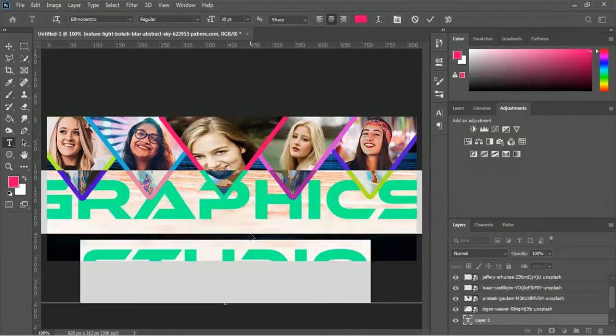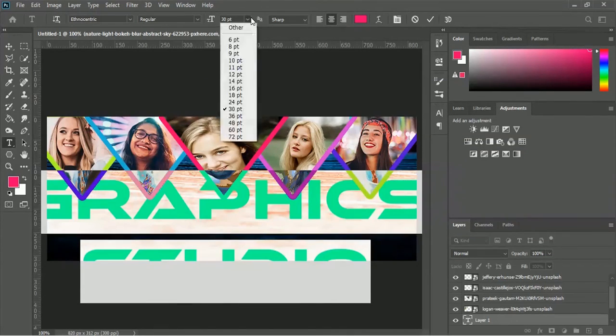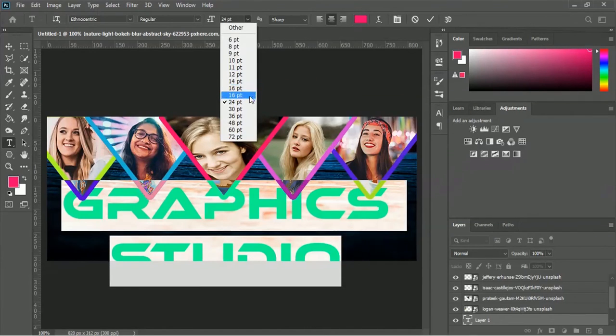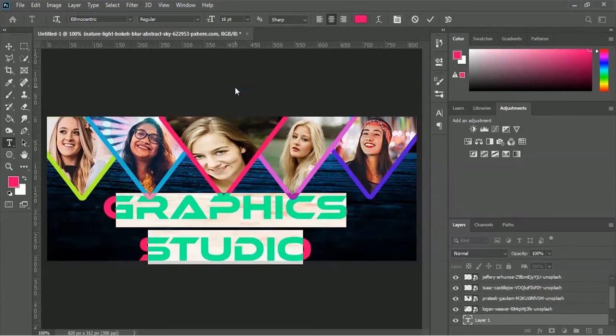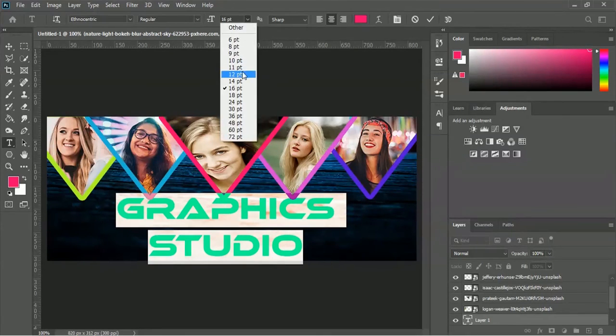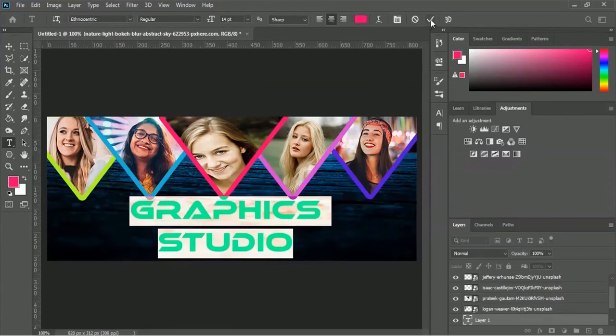We have to select enter text, and let's go for 24 point, 18 point. I think 16 or 14 point will be better. Let's place for 14 point. Okay, and here is a tick mark. You just have to click on this tick mark,